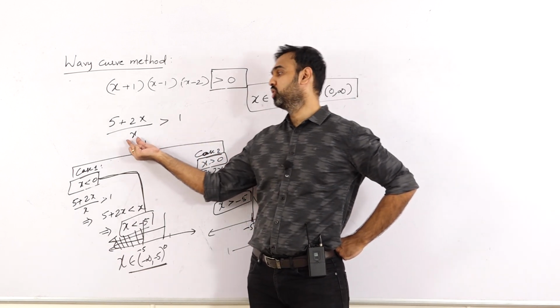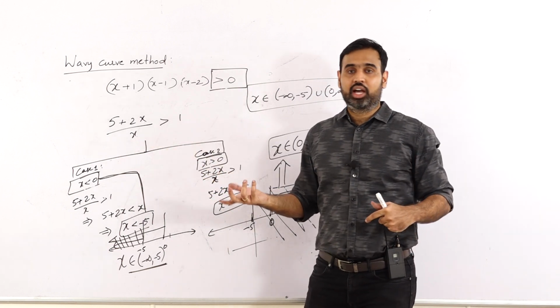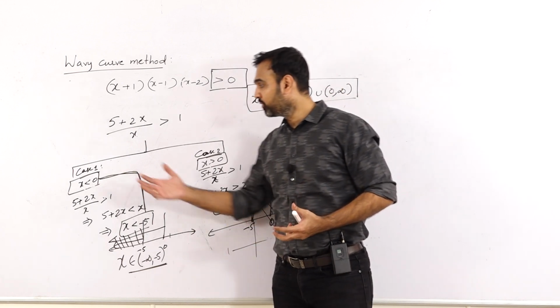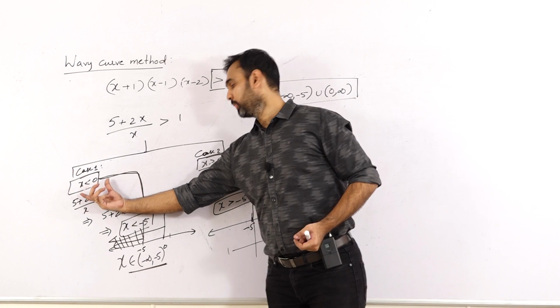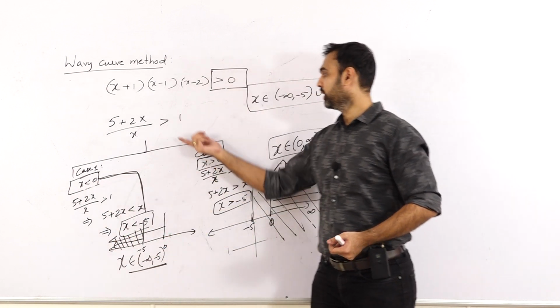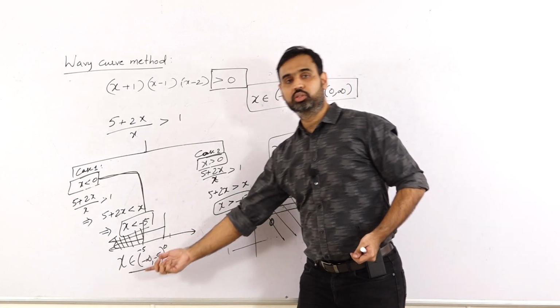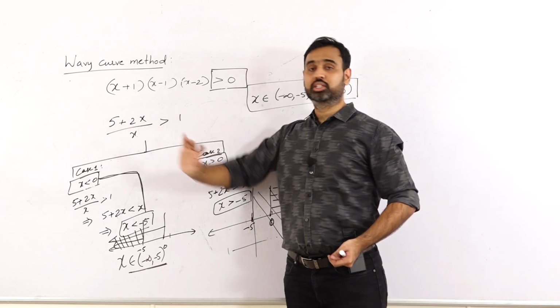The problem is because of this. When I am shifting this variable to the other side, I really don't know whether I am shifting a positive value or a negative value. So I have to consider two cases. One saying this to be a negative value, then proceed. Then considering this to be a positive value and proceed. And you get two different solutions. Combination of these two solutions is the final solution to this.